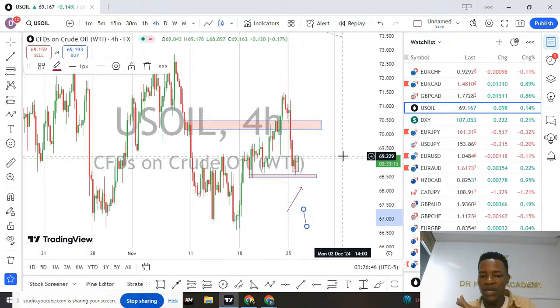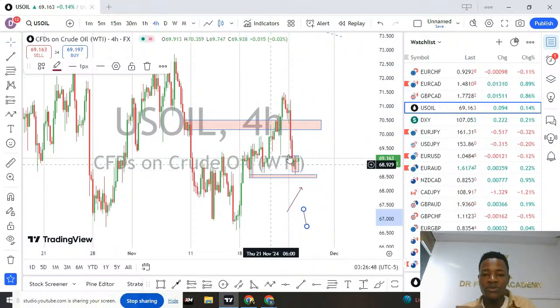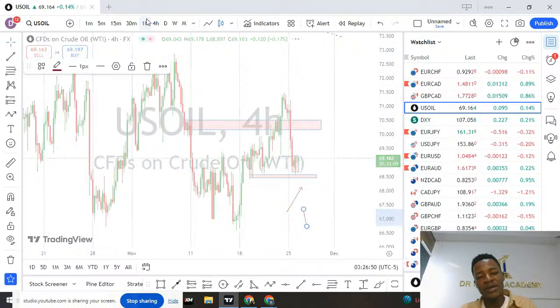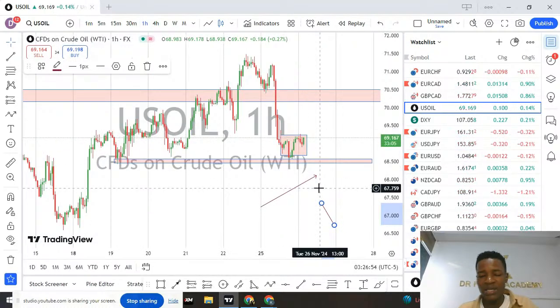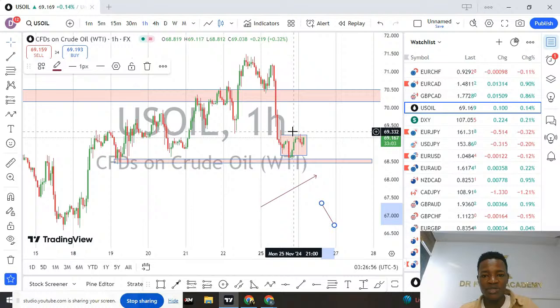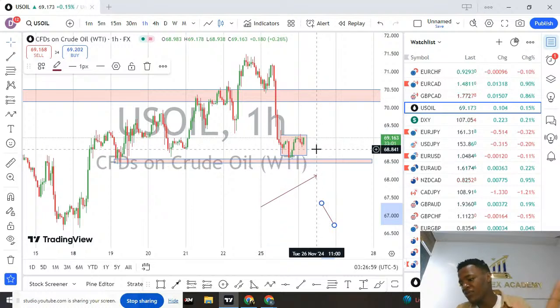So on oil, I don't have a clear view because yesterday we were looking for buys, and I know this is a flag. Yes, I can clearly see this is a flag. I can clearly see more sales here. But I can't shift my buys from yesterday to selling now. So we just leave it behind. Let's leave it, and we focus on oil tomorrow, the next day.